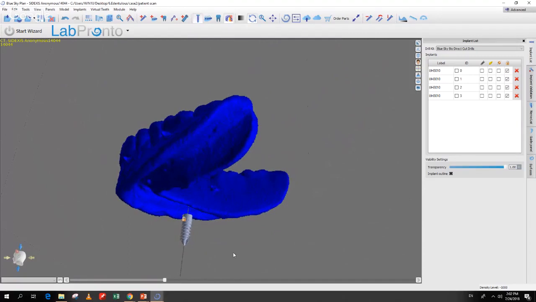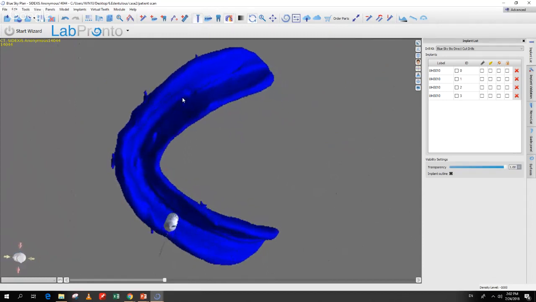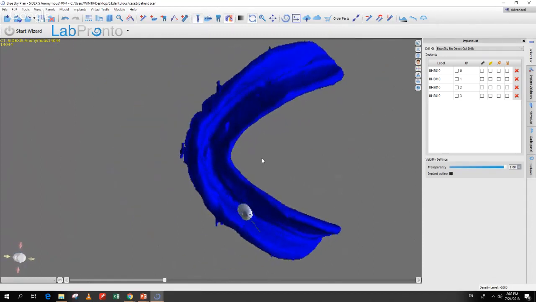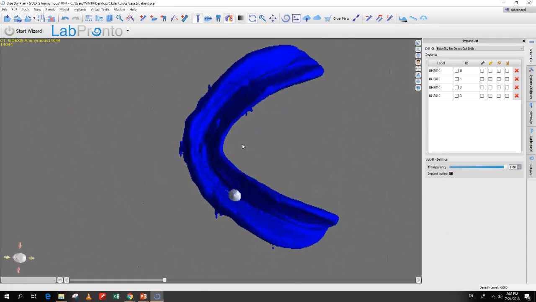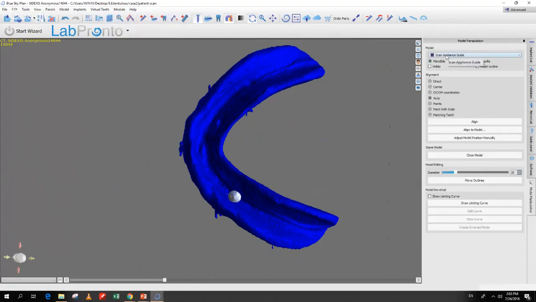And what we're going to do is invert this denture. Okay. At the beginning of the presentation, I said that we're going to be discussing some of the functionality that we covered during the impression inversion webinar, and this is it. I'm going to go back and turn on our model manipulation panel,